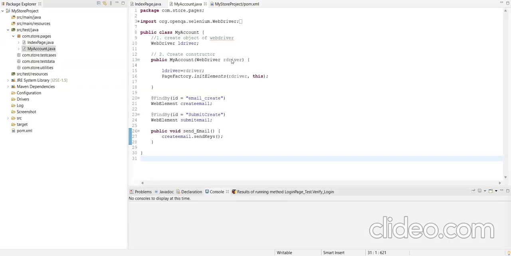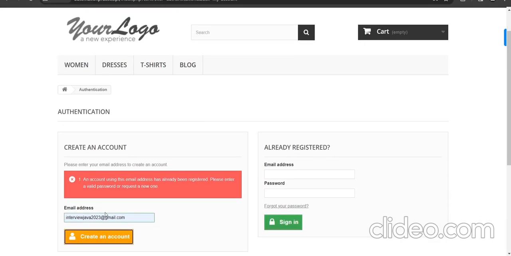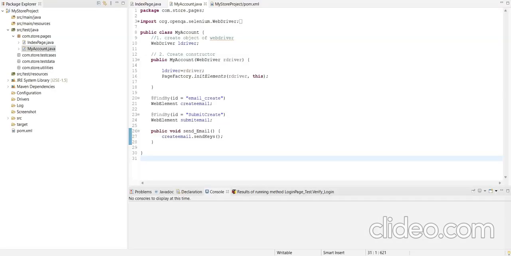On the account page, our operation will be the same as on the index page. First is the WebDriver object, then we create the constructor, then we locate this text box area and this button using @FindBy, and we give the name createEmail. Then with the help of the FindBy annotation, we locate the button, that is submitCreate.